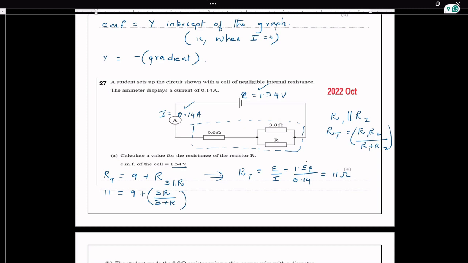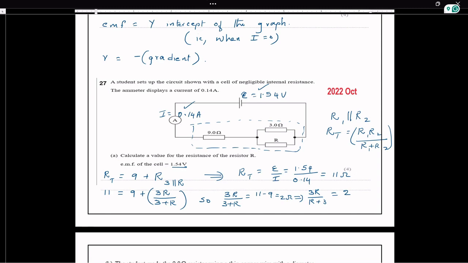11 is 9 plus 3R. So from this, I'm transposing 9 to the other side. I'm getting an answer for 3R by 3 plus R, which is 11 minus 9, which is equal to 2. That is, 3R by R plus 3 equals 2 ohms, and from this, using basic algebra, we can calculate